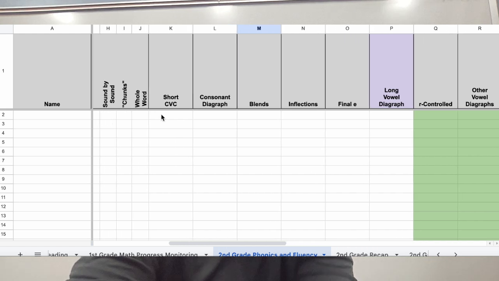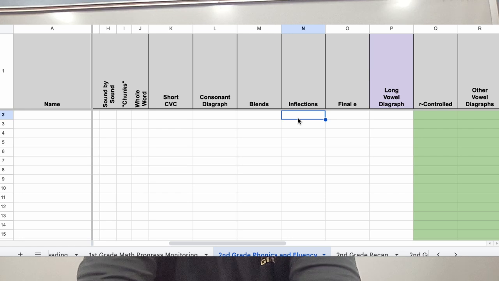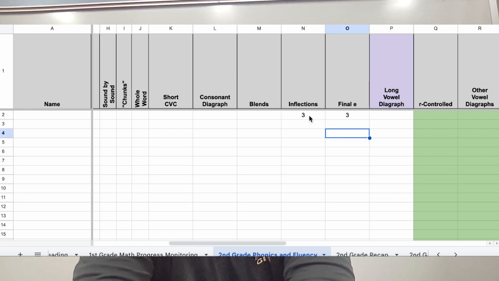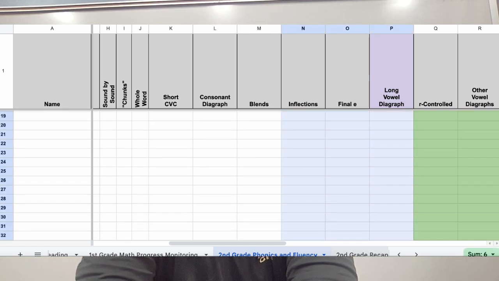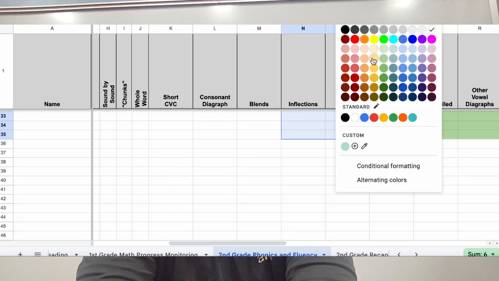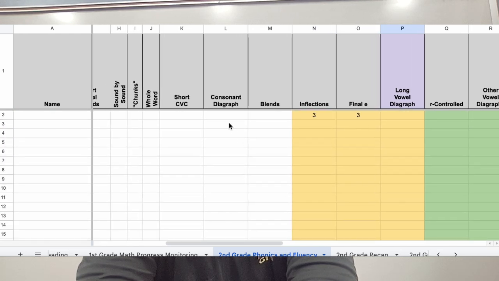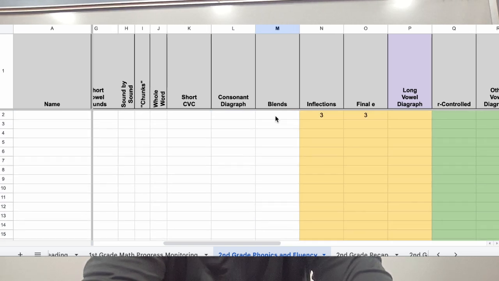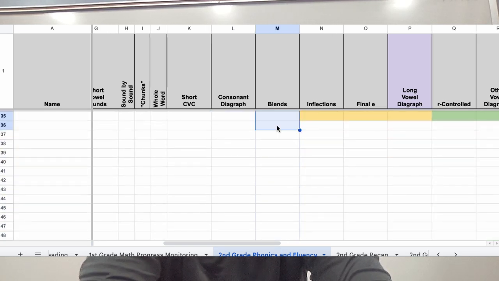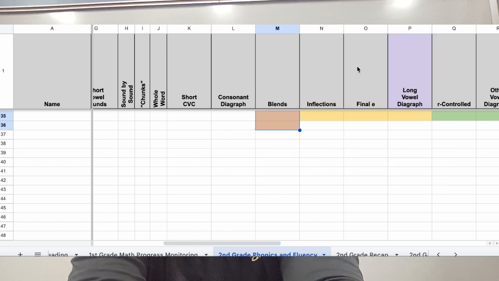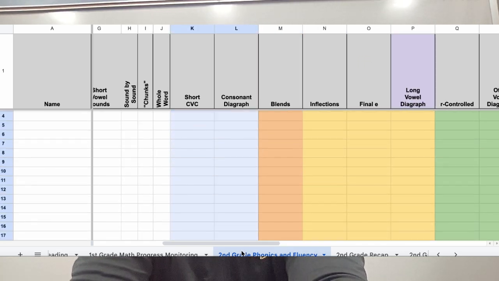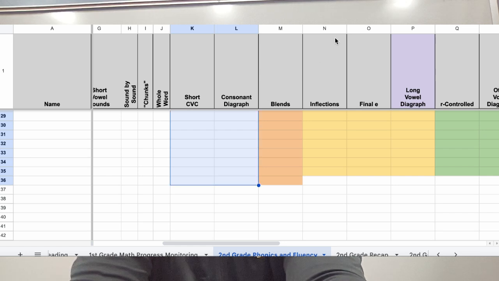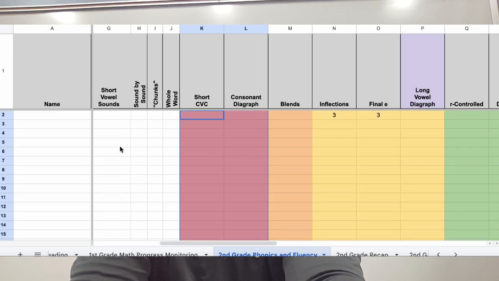So I go back to my data sheets and I have a student that has 26 consonant sounds, 5 vowel sounds, can do CVC, and gets all the way to inflections and final E. So in second grade, that child is a tier 2 student. I'm going to go over to my summary sheet and write their name on it. And just the same as I did in first grade, I'm going to put them where they go on this list and start to build out lists.